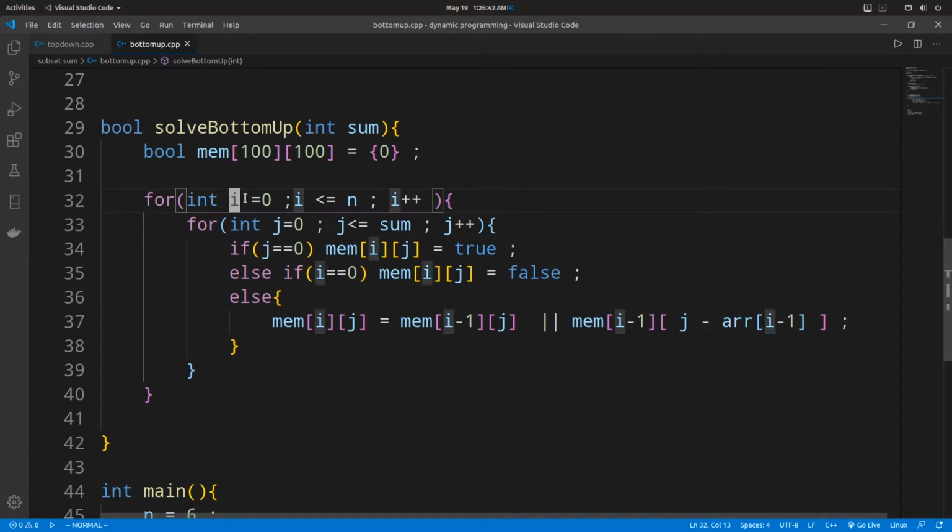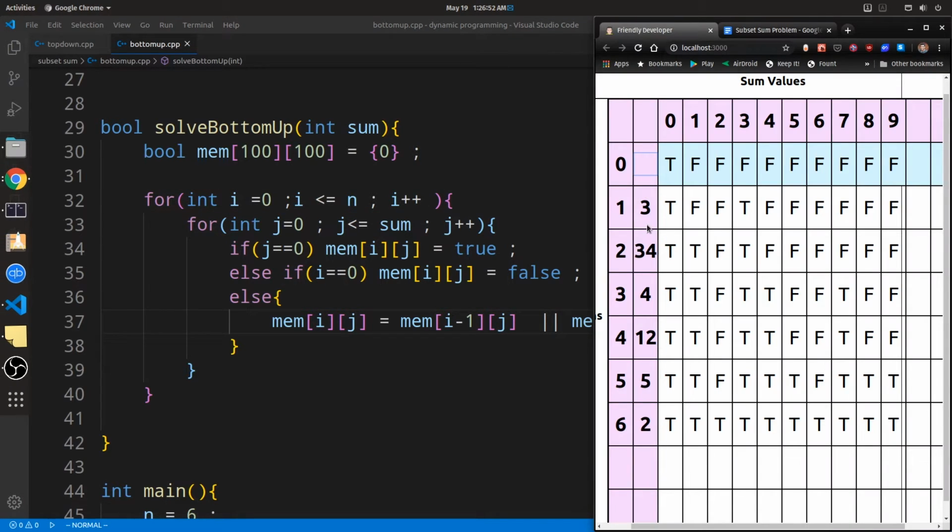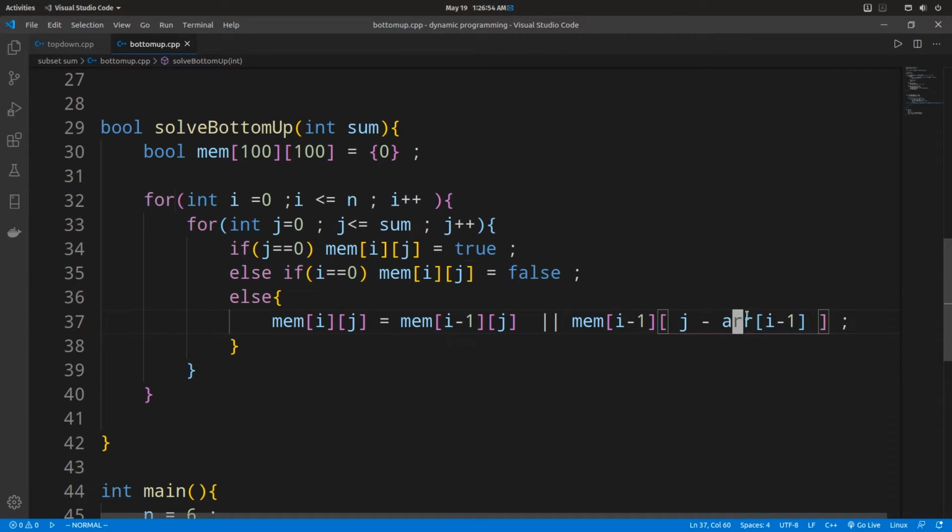That's why we are going from i equal to 0 till i equal to n, not just i less than n. So naturally, when we get the index, we do i minus 1. So this is that inclusion choice, and when we take OR, we get the solution of that particular cell.